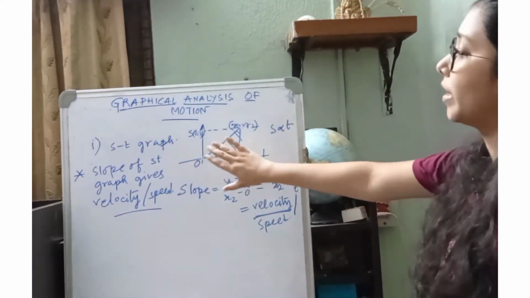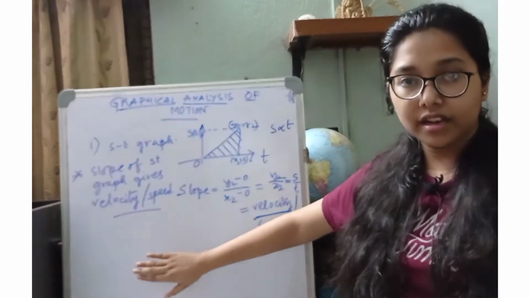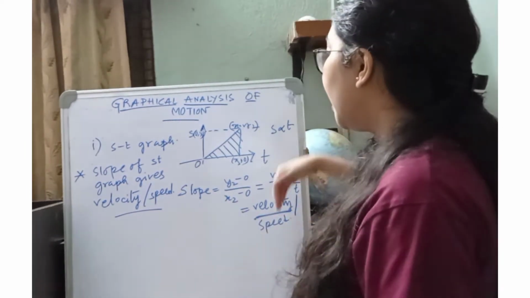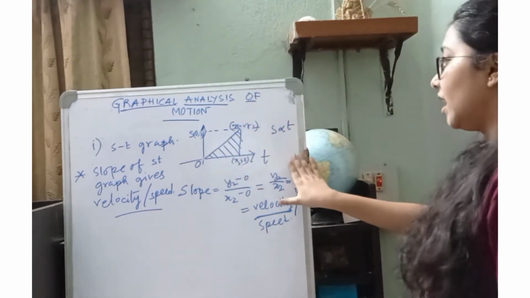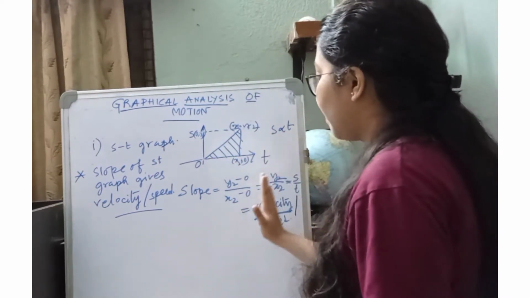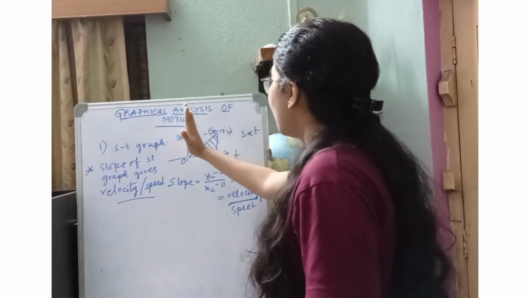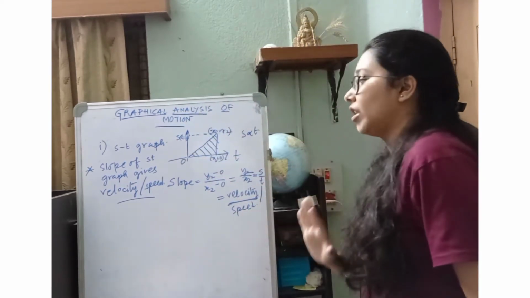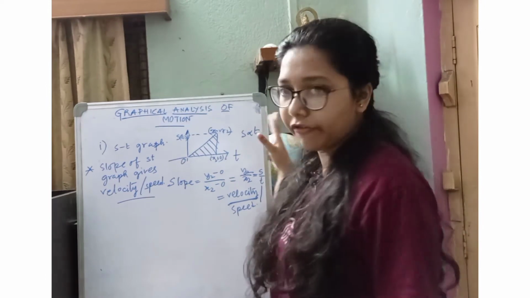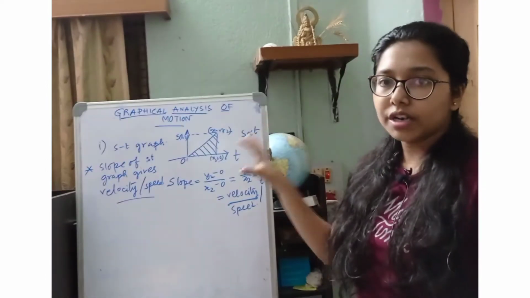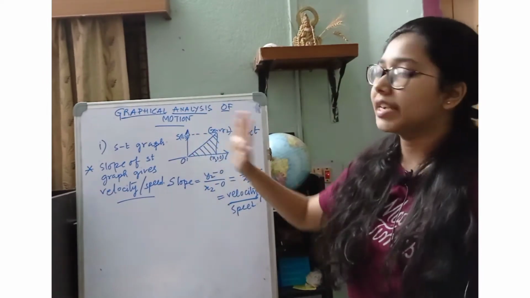So this is what we can observe, that the slope is giving the velocity or the speed. This is the general idea: we have to go for y2 minus y1 by x2 minus x1, because as I said, y2 and x2 give s by t, which is nothing but velocity or speed depending on the type of graph. So this type of thing will be asked,